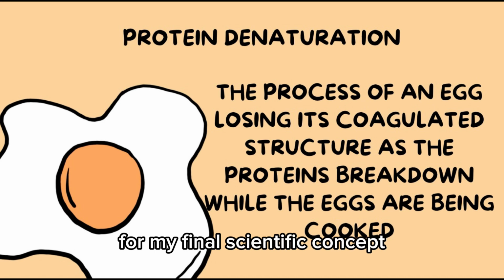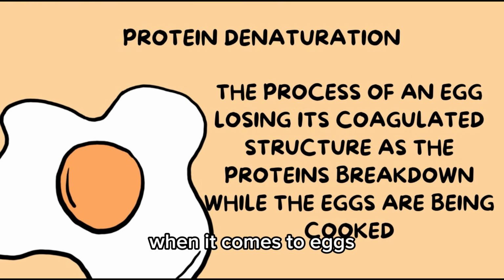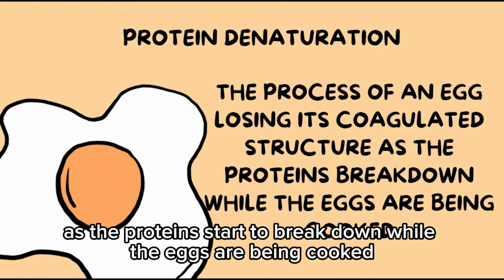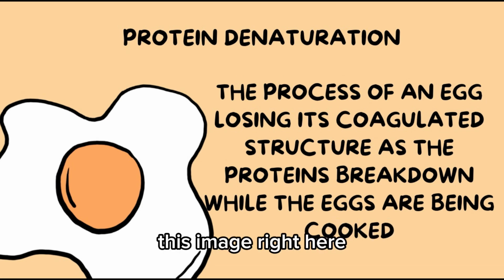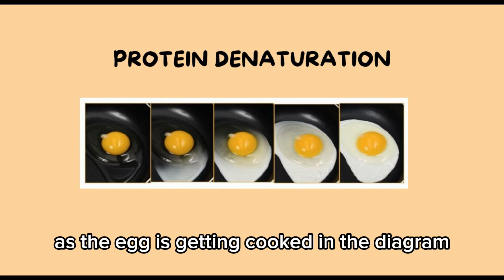For my final scientific concept, I will be talking about protein denaturation when it comes to eggs, which is the process of an egg losing its coagulated structure as the proteins start to break down while the eggs are being cooked. This image right here shows the process of the protein starting to break down as the egg is getting cooked